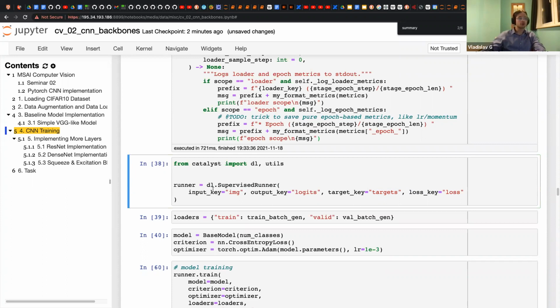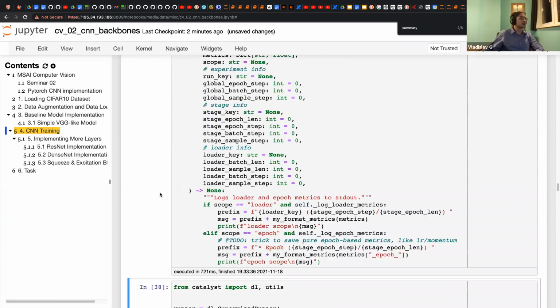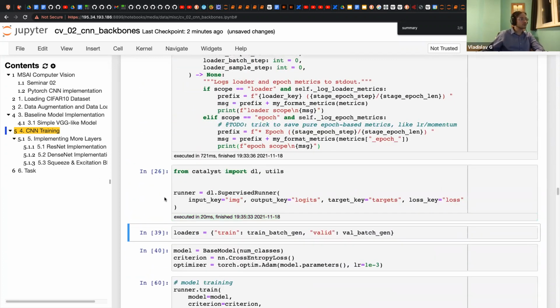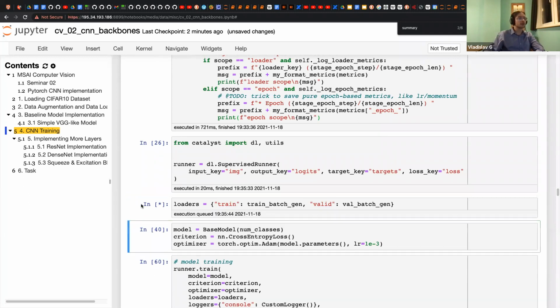Sometimes you want to make these things in different way, depending on what your model is. So we already run it. Then run this. Yeah, and here we have train and validation loaders, which we defined, and we put them to the dict.